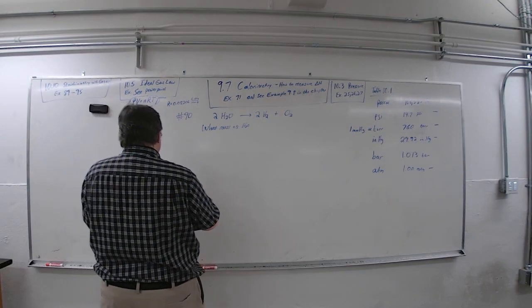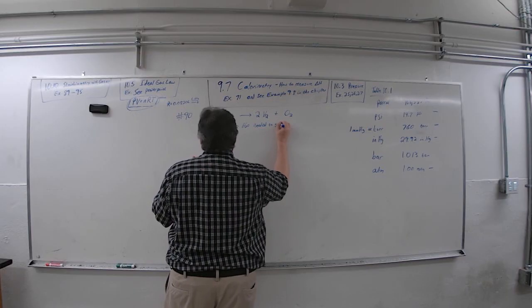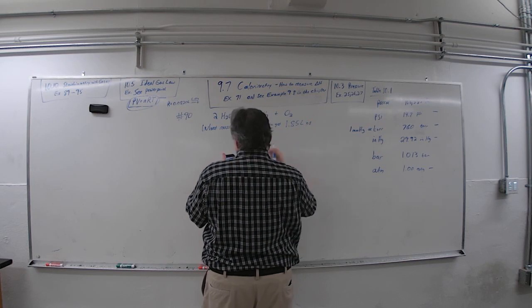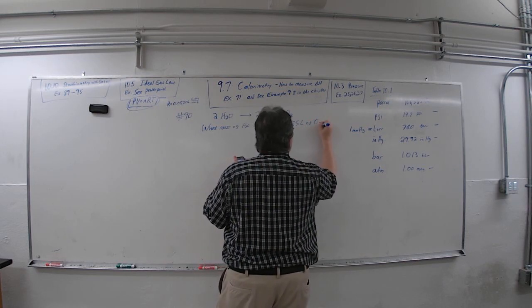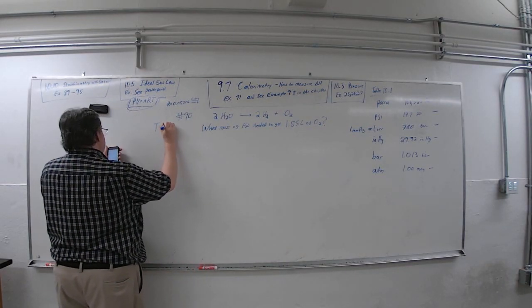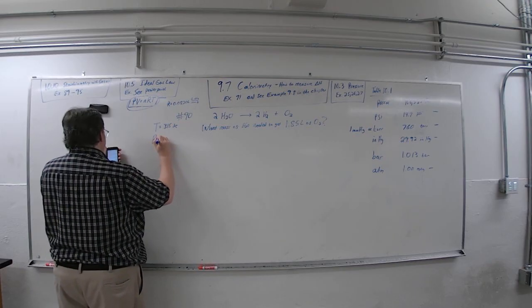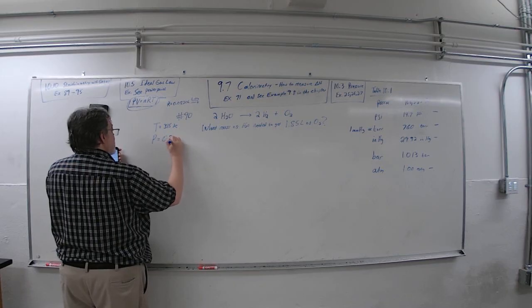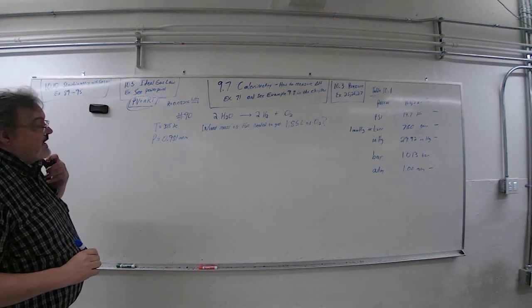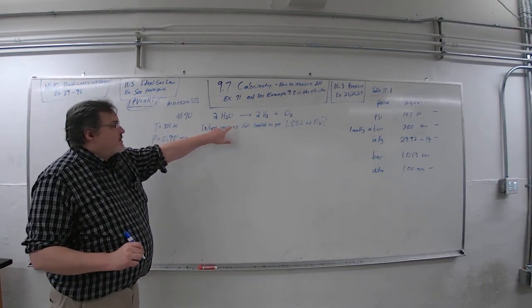What mass of H2O? Extra info is temperature equals 315 K. Pressure is 0.981. This time we're going for the mass of